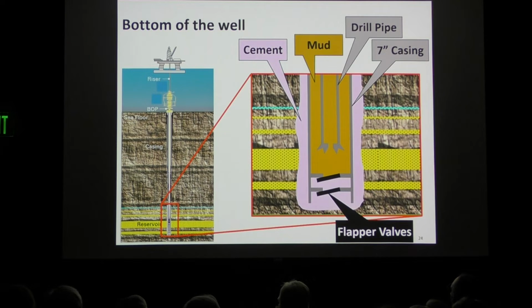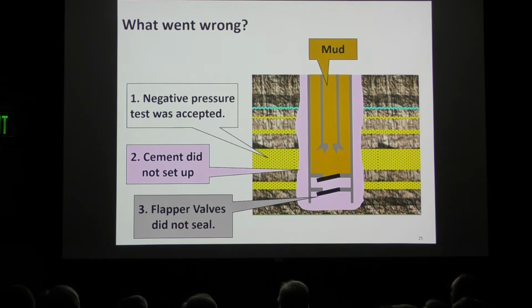Okay, so that was the situation, and this is what happened. I should mention that this well was basically finished, right? This rig could not do the completion to make it into a producer, so the well had to be temporarily abandoned. In order to do that safely, it had to be tested to make sure it was not going to flow